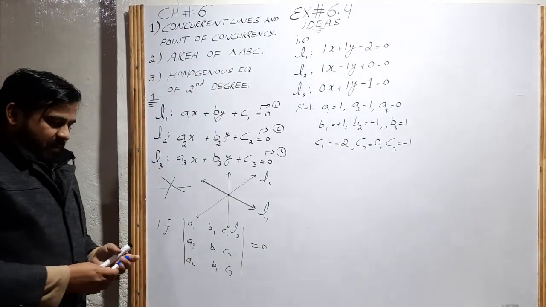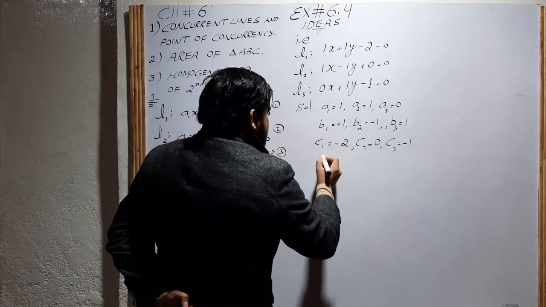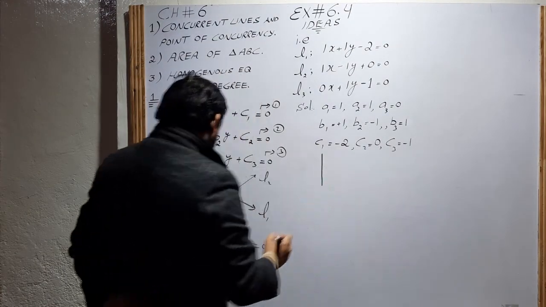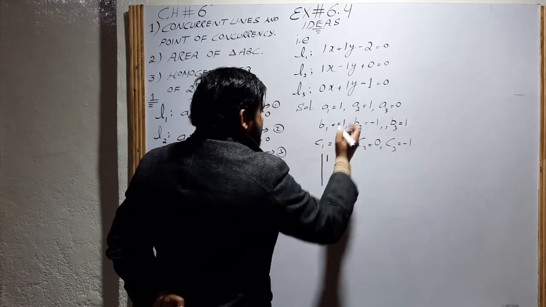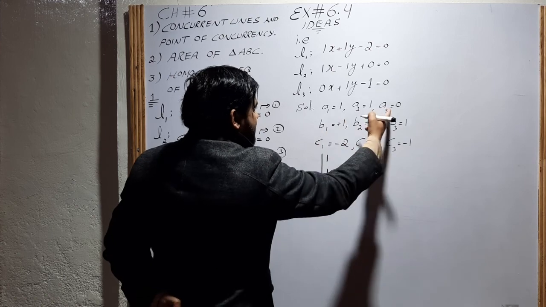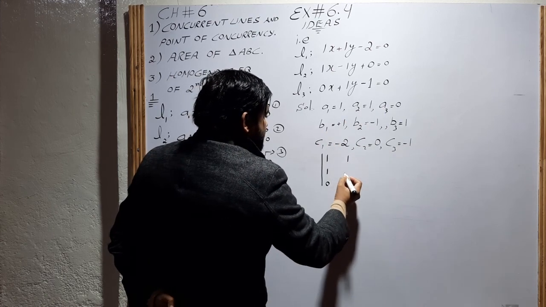Putting the values in the formula, we check whether the lines are concurrent or not. A1 is 1, A2 is 1, A3 is 0. Similarly, putting all the values,